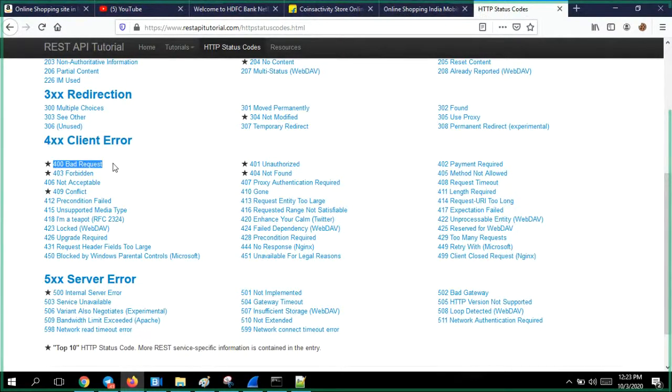You might be going to the bank, but the cash room is somewhere you are forbidden to go, even though you have a valid account and your money is lying there. You are not allowed. So the client shouldn't be accessing some page, but he is trying to access that particular page. That is called forbidden.